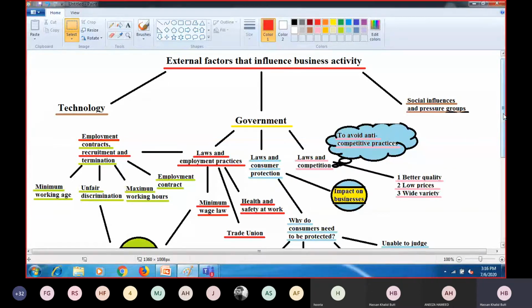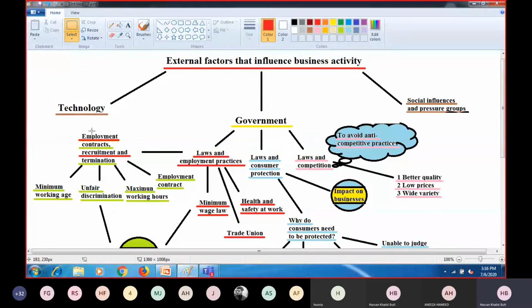If it goes against a business activity, that means the business has to do something to limit their activity. In that way, they may have a negative impact, at least in the short run. They may get benefit in the longer run, but in the short run, they will have a negative impact. Similarly, they may have a positive impact right from the beginning, and in that way they might be able to grow in a much better way. Now, let's discuss that, and then you will be absolutely clear about it.